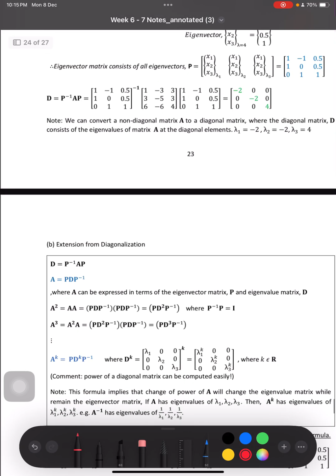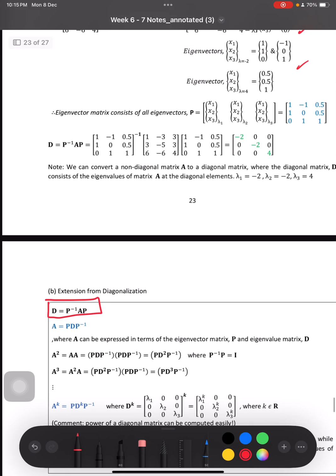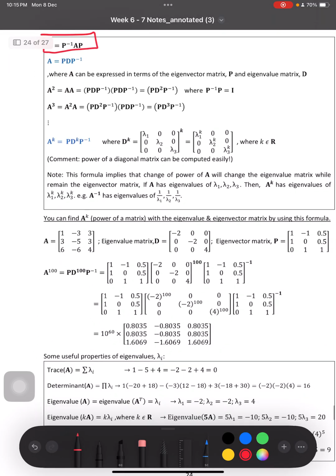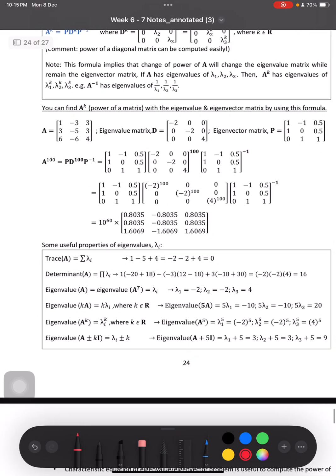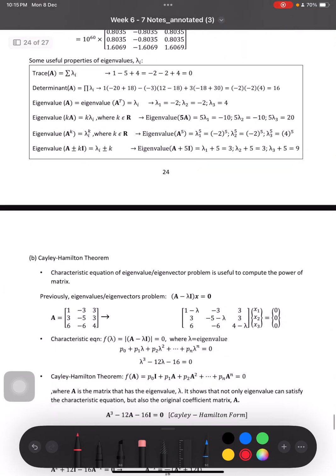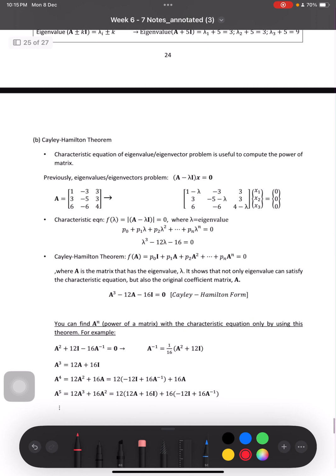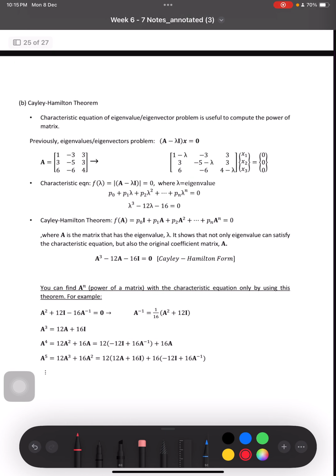The formula is like this actually: the matrix multiplied with its inverse gives you back the matrix itself. You can read this on your own, but that's not really critical per se. And also the same concept can be used with the Cayley-Hamilton